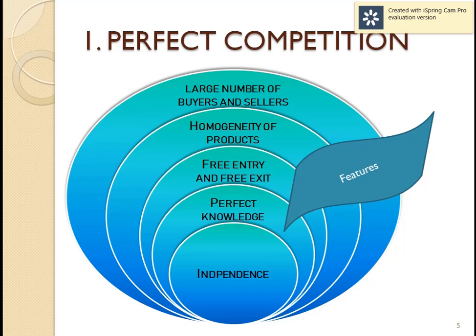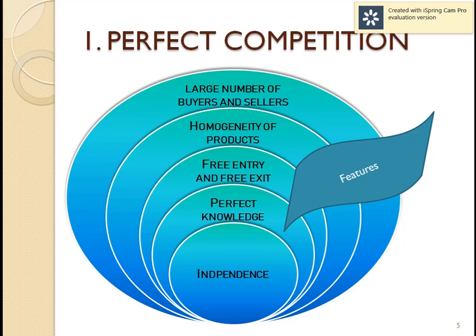As I said, a perfect competition market has some features. The first one is a large number of buyers and sellers. There will be n number of buyers and sellers in the market. There will be no exact number of buyers and sellers who are going to exchange their products and goods. The next is homogeneity of product. What is homogeneity? It means identical or same products. Every seller will have the same kind of product. There will be nothing called product differentiation.